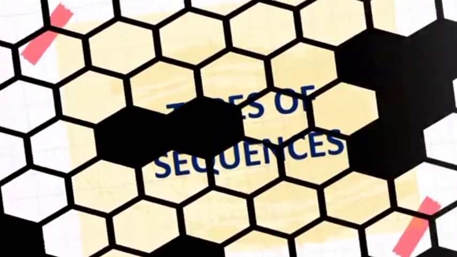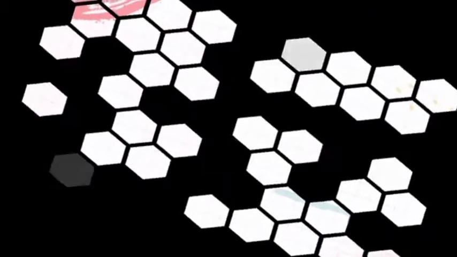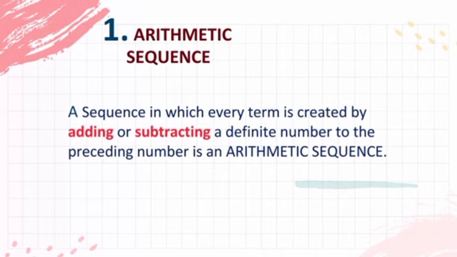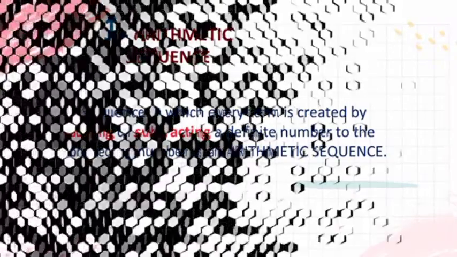We have 4 types of sequences. The first one is the arithmetic sequence: a sequence in which every term is created by adding or subtracting a definite number to the preceding number. The keyword here is adding or subtracting a definite number. Okay? The second one is